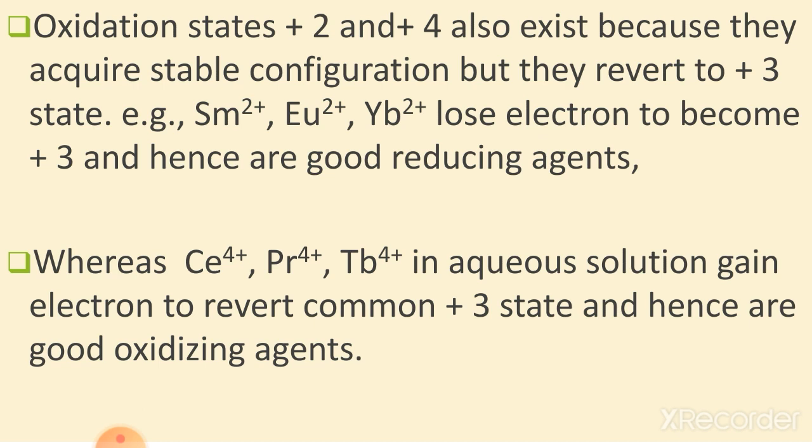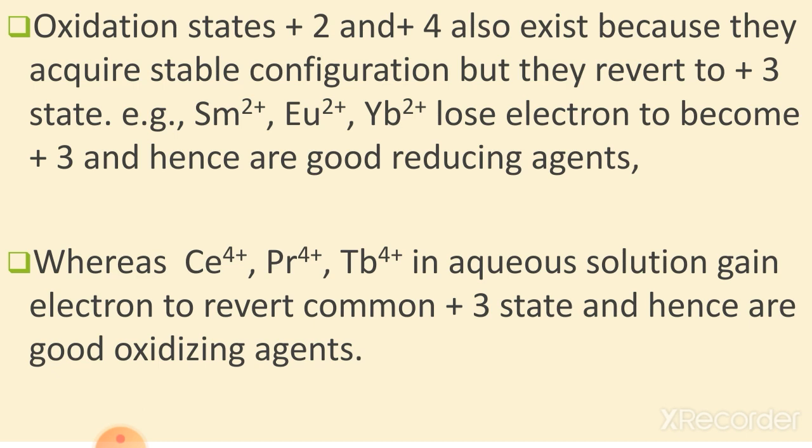This is due to the sum of the first three ionization enthalpies for each element, that is cerium to lutetium, which is basically 3512 to 4200 kilojoule per mole, which is very low, and thus +3 is ionic and Ln3+ is the dominant species. So in this way you can also write the answer why they are more stable in the +3 oxidation state. Some more points to note down: the stability can also be affected by f0, f14 or f7 electronic configuration.